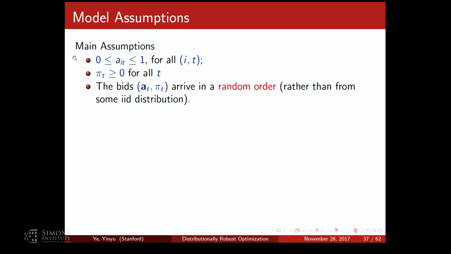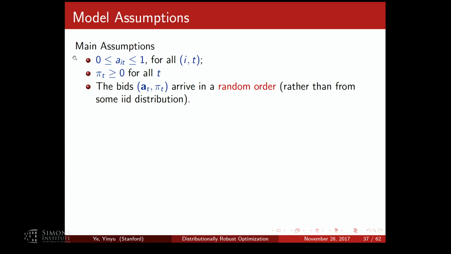Now we formalize with a_it between 0 and 1. You can always scale columns and rows to make that happen. We just assume pi_t is greater than 0. There is not much distributional or stochastic information related to the bid data. The only thing we assume is they arrive in a random order. Sure, but you know what they are ahead of time, though? We don't know. They are fixed, but hidden from me. You can just draw them, they arrive randomly. So you just don't want them to be adversarial? Yeah, I don't want them to be adversarial, that's correct.